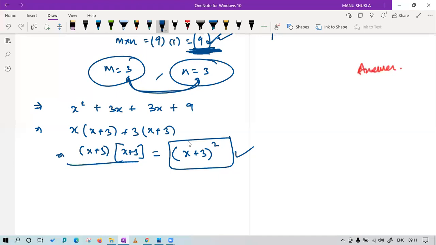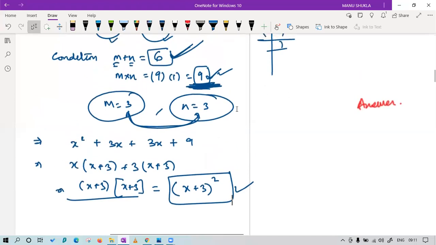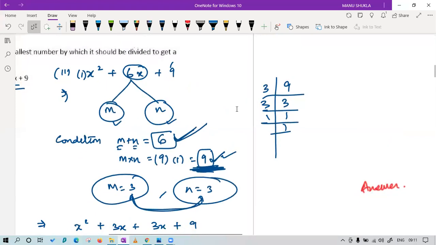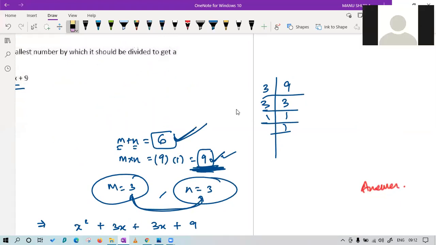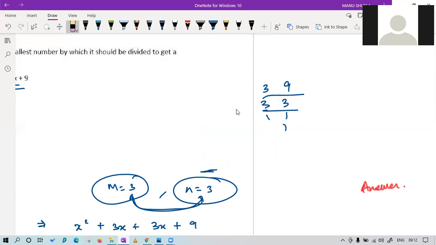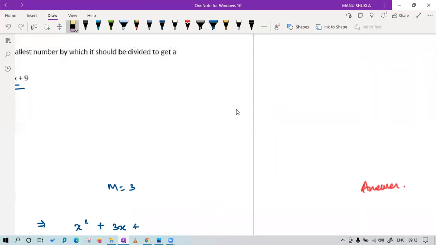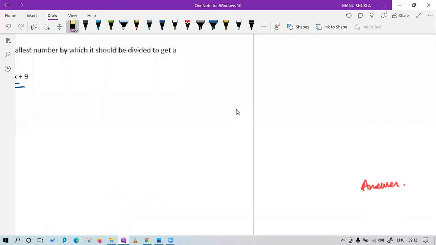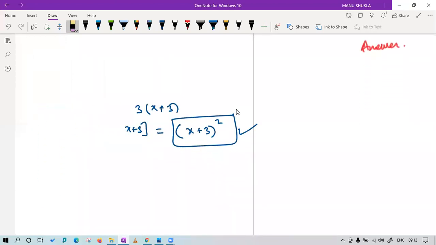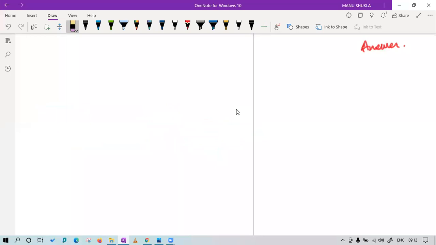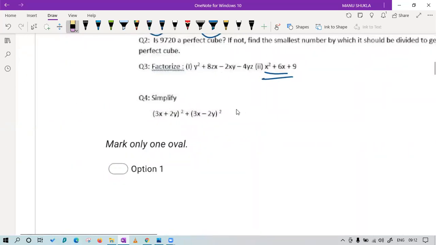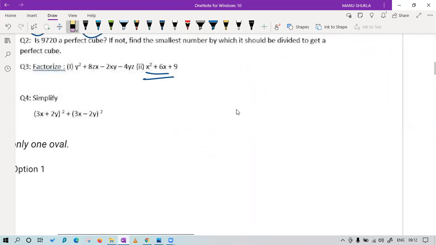Yes, Harshul, which more method are you saying? I hope you are saying that identity one. Harshul, I hope you are saying the other method is identity. Okay, apart from that also, you can share it with me on WhatsApp. Don't confuse them because now they are okay with these methods. So let's see the next question. And class, I want you all to try these questions on your own first so that when I discuss here, it becomes easy for you.